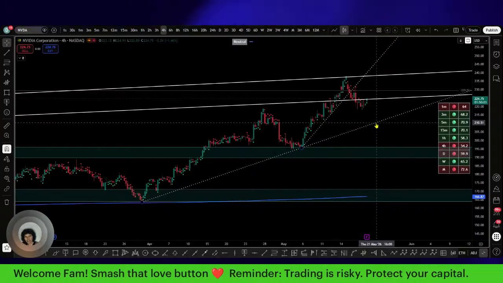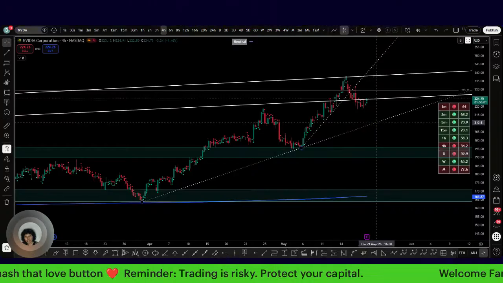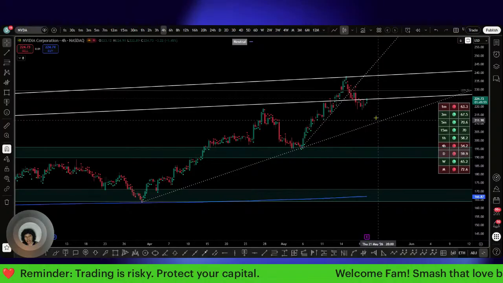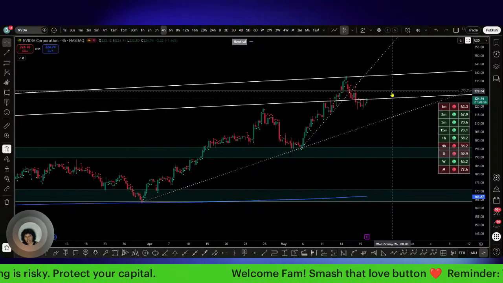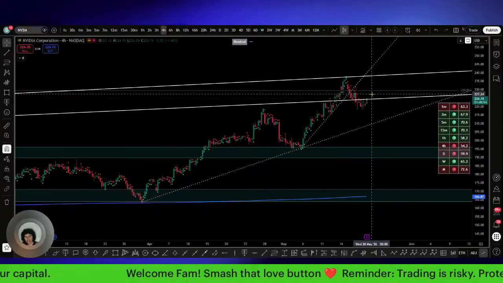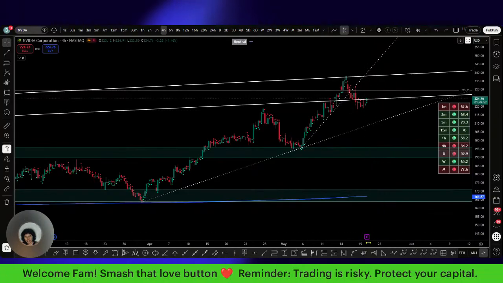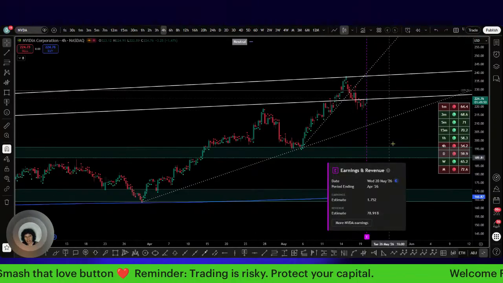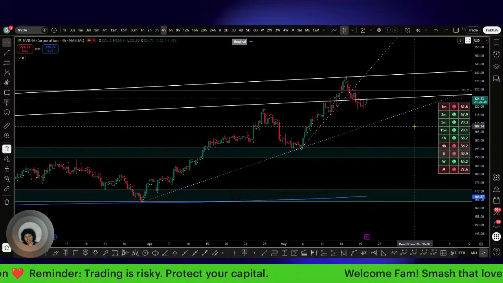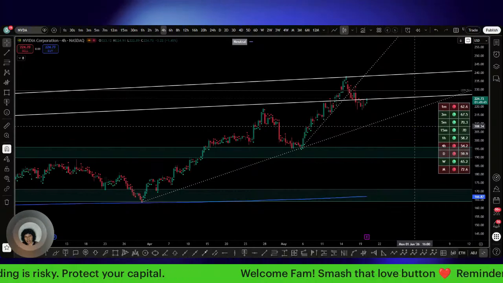I was looking for something more like down here towards this trend line if it was to continue to roll over, but right now we are seeing a push back to the upside for now, before we even get to this beauty right here today, which is after hours.